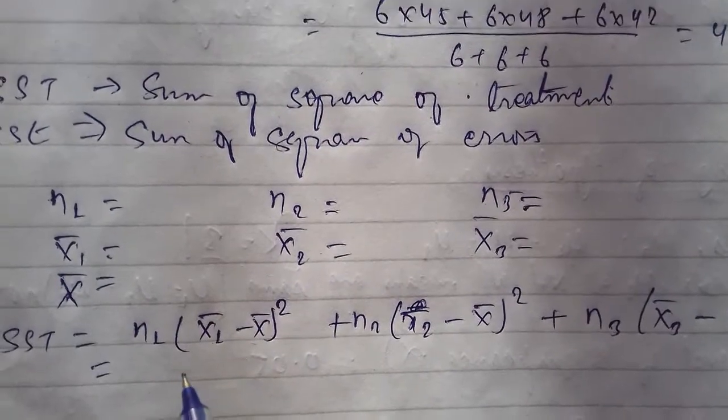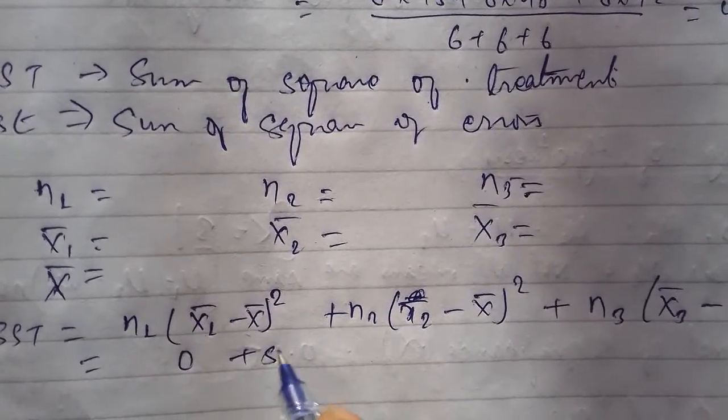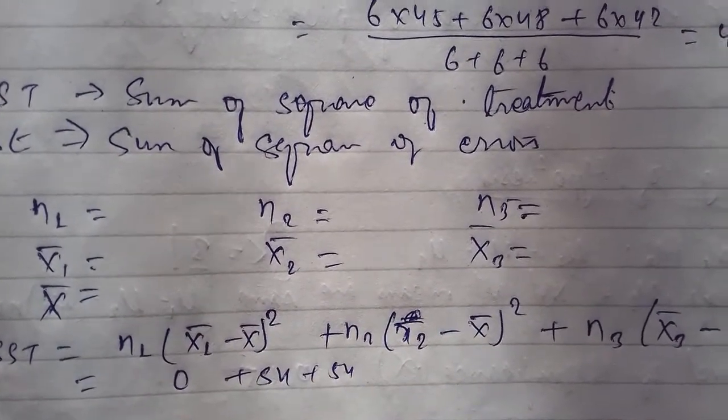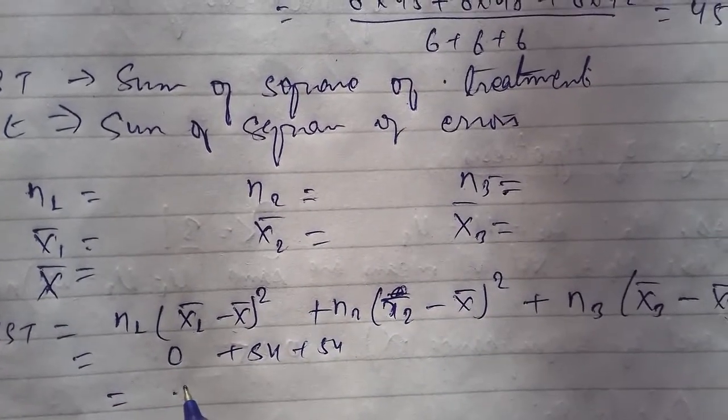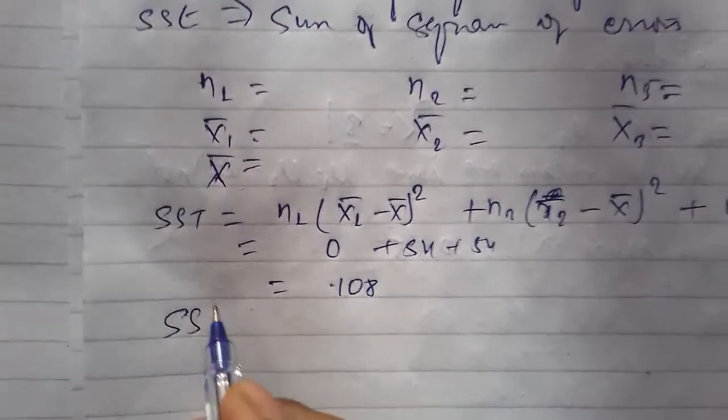We get the values like 0 plus 54 plus 54 equals 108. And for SSE, that is the sum of squares of errors, we have this table